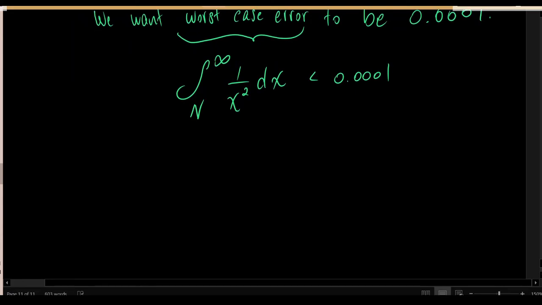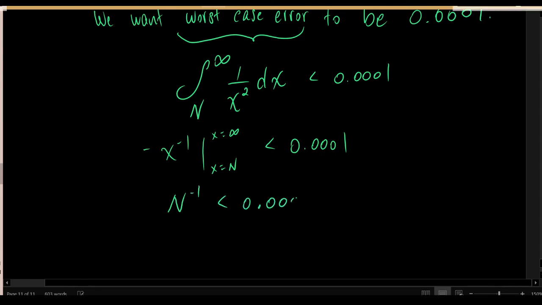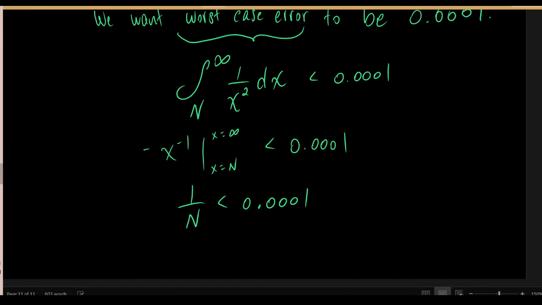So once again, we're going to use the power rule to find the antiderivative. If we evaluate that, we get n to the -1, and we want that to be smaller than 0.0001. So if we rearrange this a little bit, it may help to think of this as 1 over n. If we rearrange this a little bit and swap the positions of n and 0.0001,